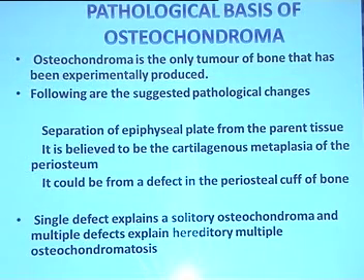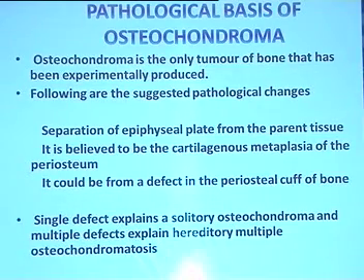Coming on to the pathological basis of osteochondroma, osteochondroma is the only bone tumor that has been able to be produced experimentally. Following are the suggested pathological changes: separation of the epiphyseal plate from the parent tissue. It is believed to be cartilaginous metaplasia of the periosteum. It could be a defect in the periosteal cuff of the bone. A single defect explains a solitary osteochondroma, and multiple defects explain